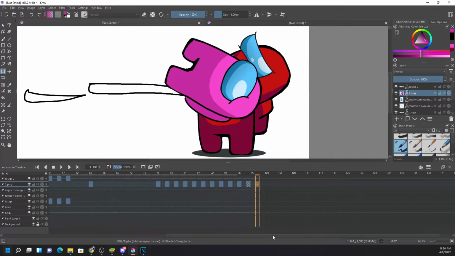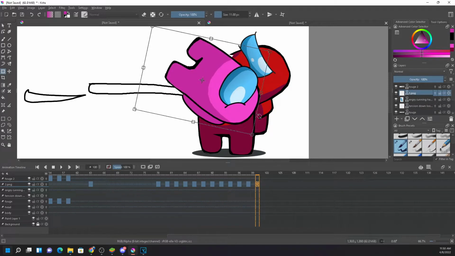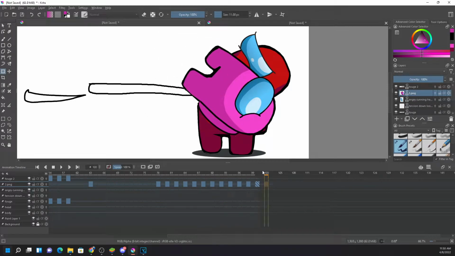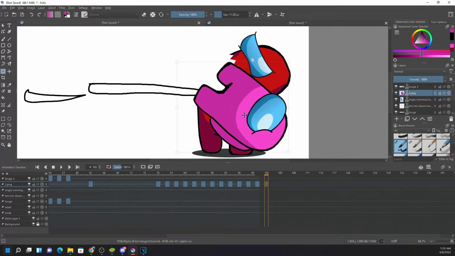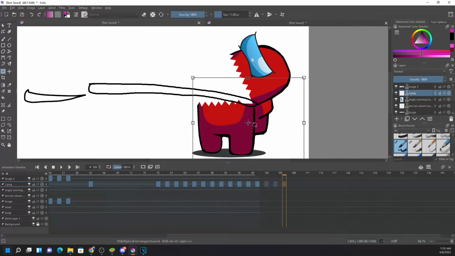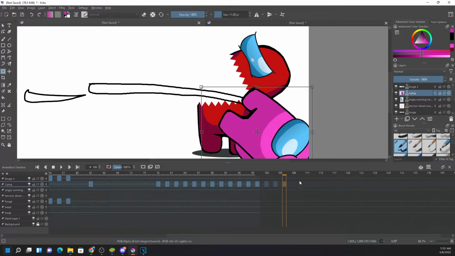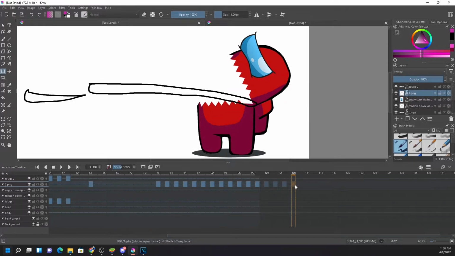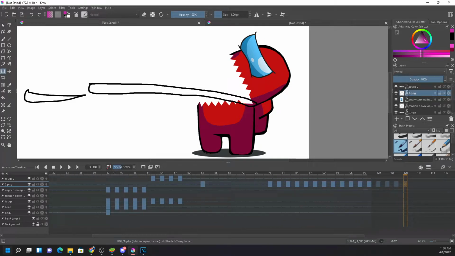And click on the next frame. It moved and moved. That's it. Right now I've deleted this image. Right now you see the movement.